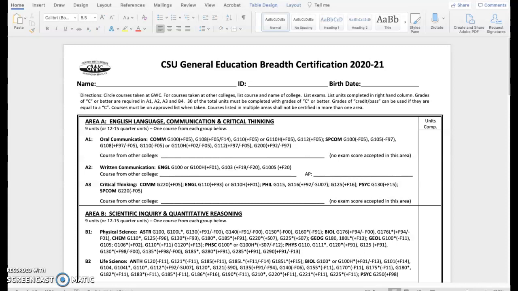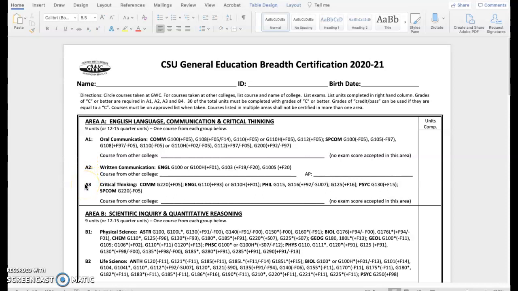Now, how we read this is you will notice that in each area of the plan, it will tell you how many units or how many courses you need to take from the courses below. So if we're looking at Area A, for example, you will notice that it says we need to take 9 units with 1 course from each group below. So what that means is I need to take 1 class from A1, 1 class from A2, and 1 class